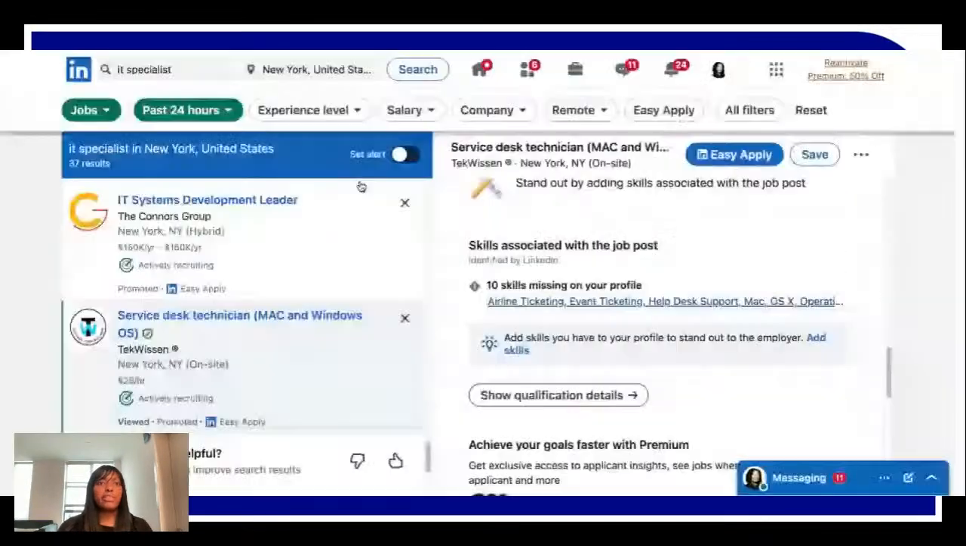Is there a way to filter on how many people applied? I don't, let me see. So I'll share the screen again real quick. Give me 1 second, guys. Because I don't believe that there is. Well, let's look together. So I filtered it by